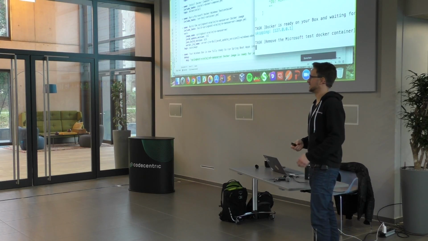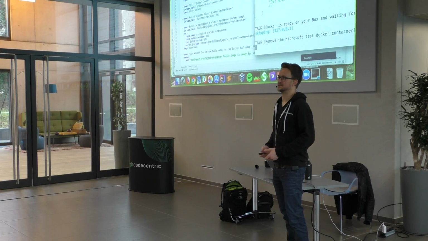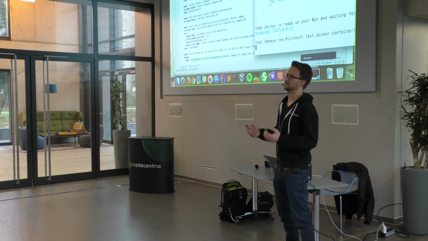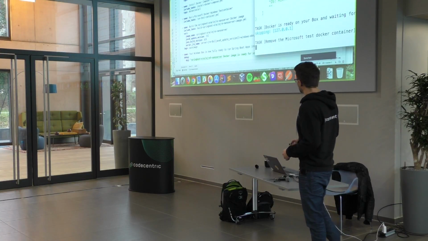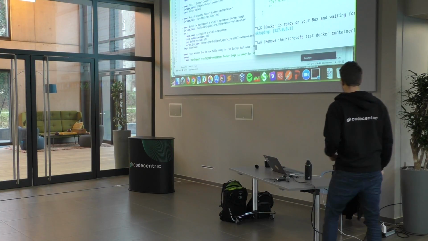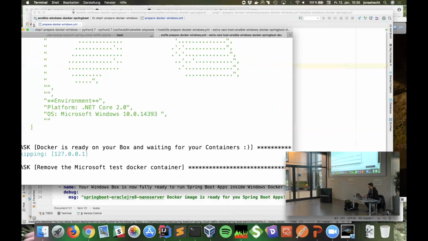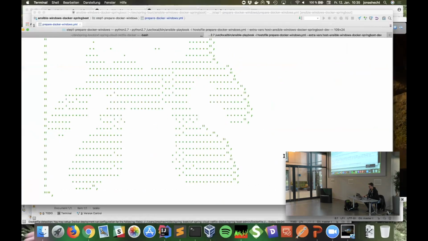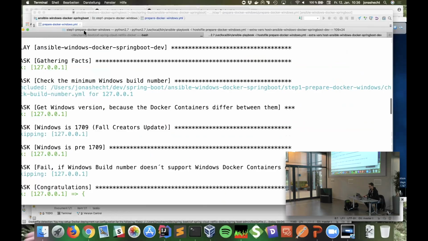All these getting started guides with Spring Boot and Docker, it's just easy there. No, we have to build our own base image here. So this is done here. And then there's just some debug output. So let's have a look. The script looks good. So let's start here. Okay. It's checking the minimum build number.